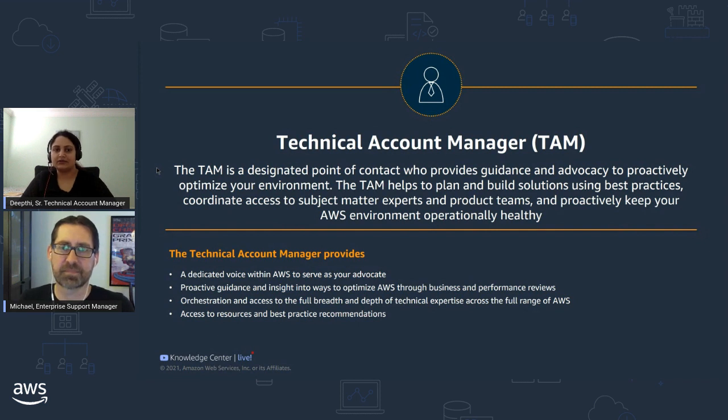Like that demo that I showed is something that your TAM can bring up during your cadence calls or office hours and help you better architect things. The TAM also coordinates access to subject matter experts. They assist with case management. They also present insights and recommendations on your AWS spend. They can help you optimize your workloads.